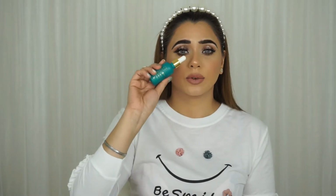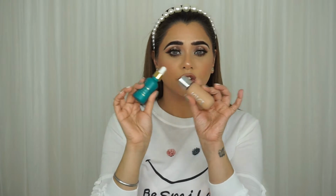So the tip is, if you do have dry skin and you do want to try a matte foundation, either put some face oil or just add some of this Skintune Farsali drops in the foundation. It does work. You don't feel any stretch on your face. You won't feel your face is cakey or anything like that. It does make your makeup look absolutely amazing. And you'll be surprised actually,